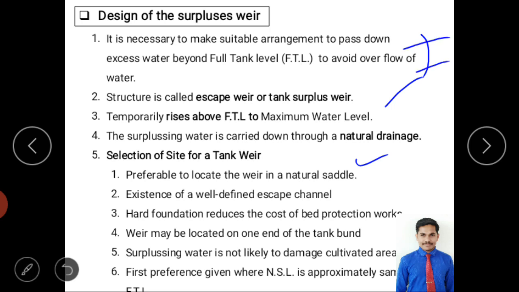Why? Because it is an escaping of water, so erosion force will be there, scouring will be there, wear and tear will be there. So to give stability to the structure, you have to provide it where you have a naturally strong place near the bund or the periphery of the bund. So next point,